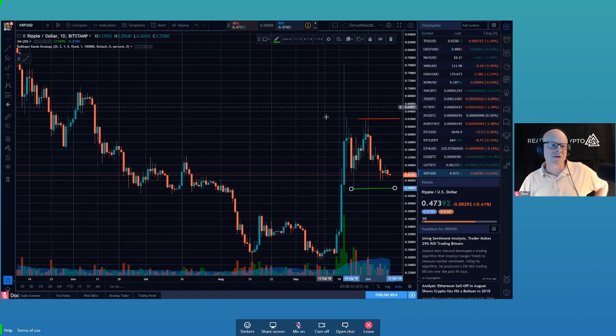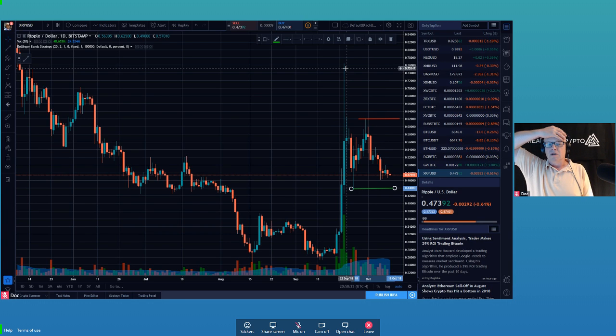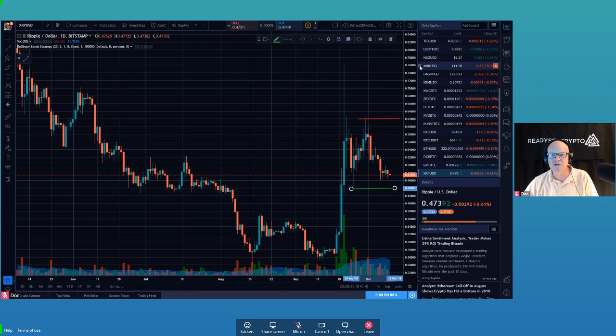Now, the long wicks, I don't care about the long wicks right now. The long wicks just mean that there's a huge amount of disagreement on the price. So it got ramped up and then the shorts came in and pushed it down. And so it's just a big range, right? So for this to turn into an uptrend, what do we have to do?